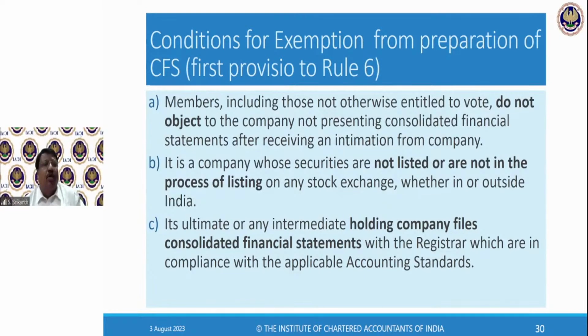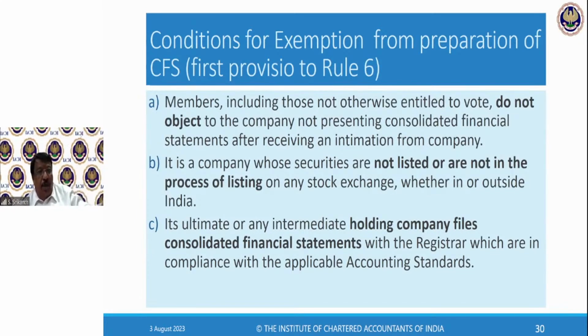Below that, you cannot go unless you are a banking company. If you are a banking company, then there can be 3 or 4 levels, so that A, B, C, D will be there. Then B will become an intermediate holding company, C will become an intermediate holding company, D will be the ultimate subsidiary, and A will be the ultimate holding company.